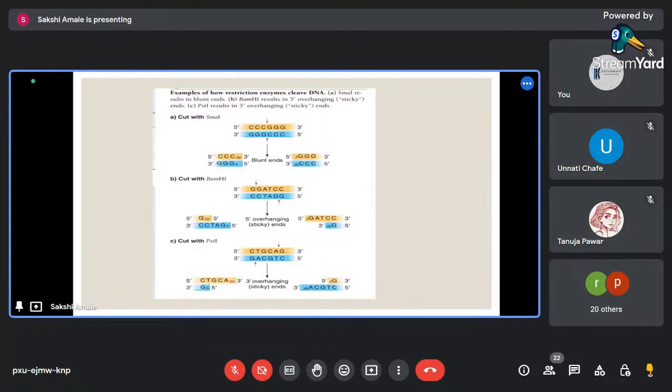And in 3 prime to 5 prime, CCTAG is cut, and G is remaining here. And in C, it is a 3 prime overhanging. So in that